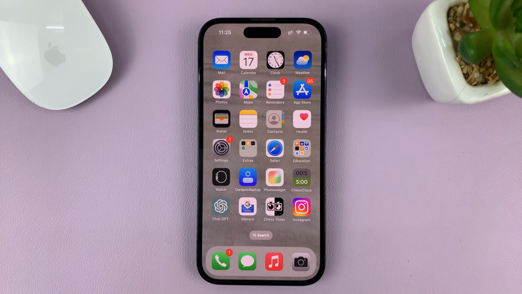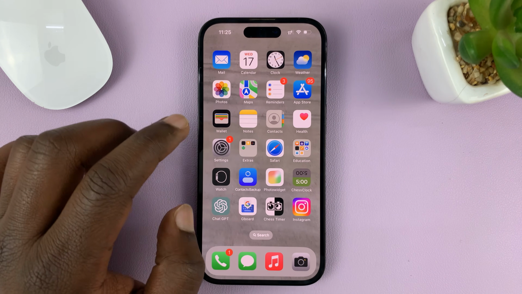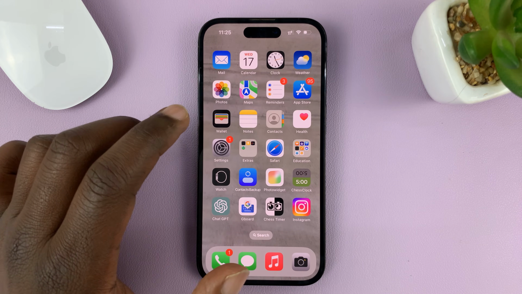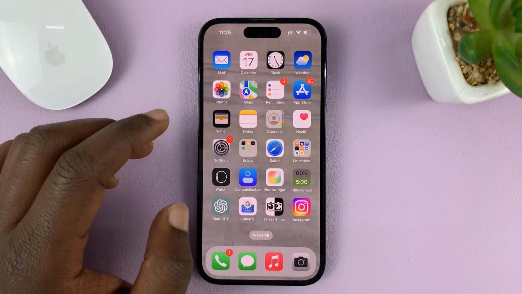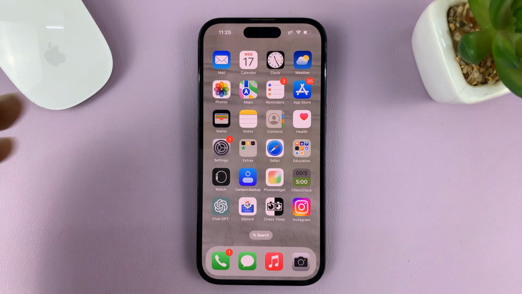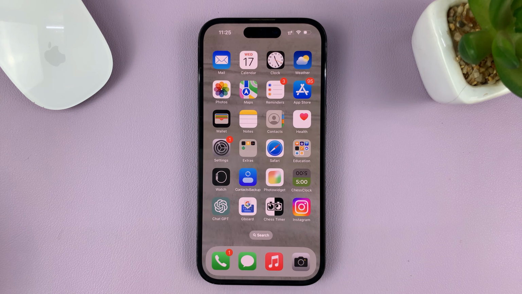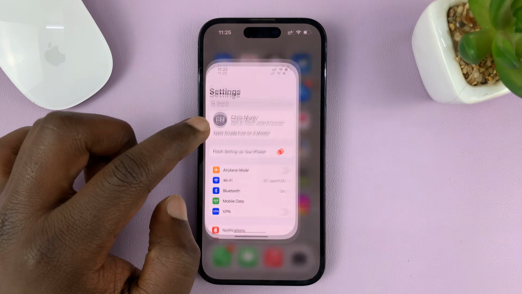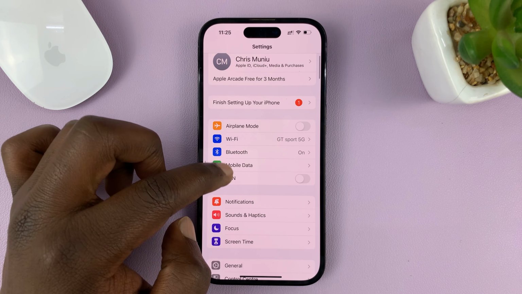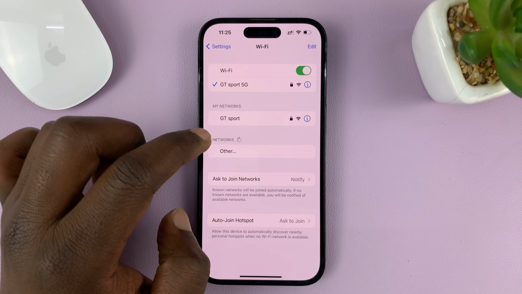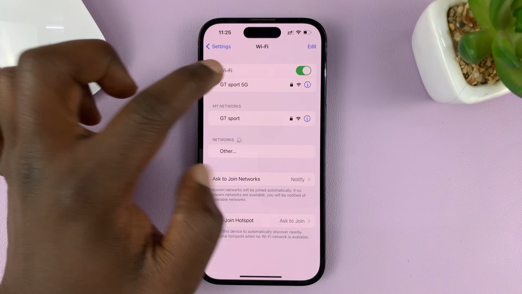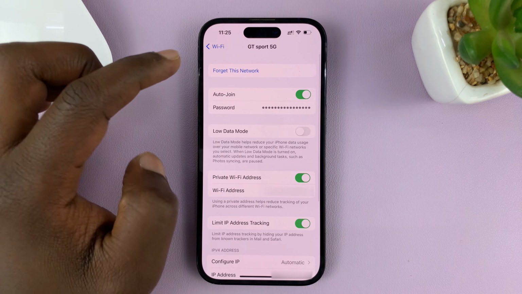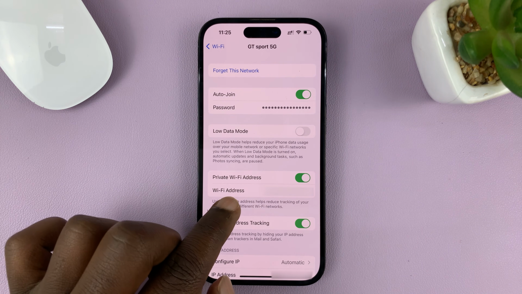So in today's tech tip, I'll be showing you how to find your iPhone's permanent Wi-Fi MAC address. Now, with new iOS iterations starting with iOS 14, when you go to Settings, and then under Settings, go to Wi-Fi, and then under Wi-Fi, tap on the Wi-Fi network you're currently connected to, you can see your Wi-Fi address